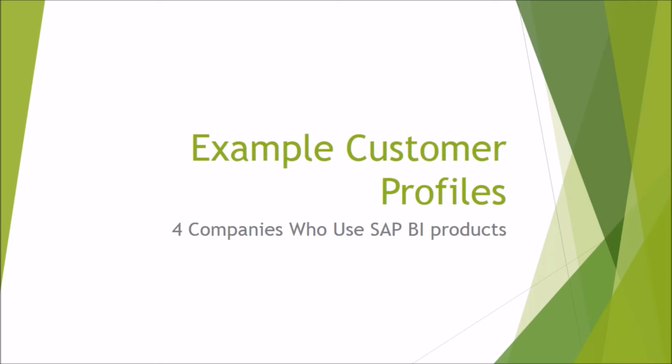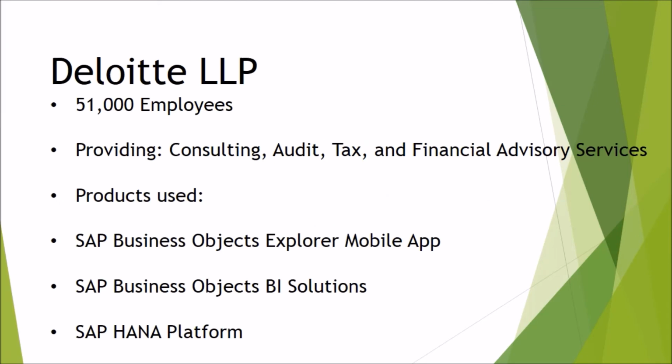Here are some example customer profiles for companies who use SAP BI products. The first company we'll look at is Deloitte LLP. They have 51,000 employees, and they provide consulting, audit, tax, and financial advisory services. The SAP products that they use include Business Objects Explorer mobile app, Business Objects BI Solutions, and the SAP HANA